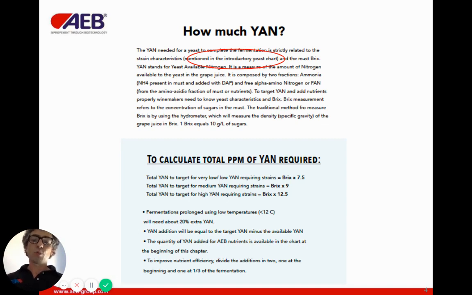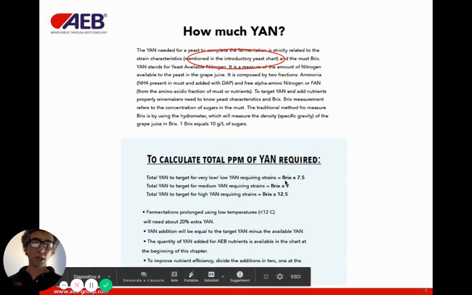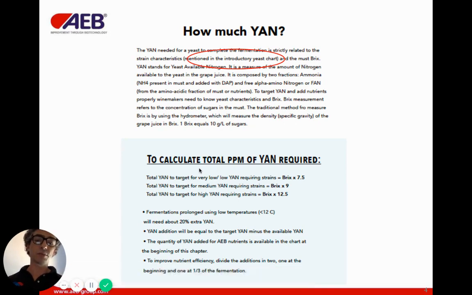Going back to the YAN, what is this YAN, yeast available nitrogen number that you need to get? First of all, you need to see where you're starting from, measure the YAN your juice is coming in with. And then you want to have a target YAN that you want to reach by adding these nutrients. So we give you a factor here depending on the characteristic of the yeast. And in the chapter about the yeast, we tell you if each yeast is rather low demanding or high demanding